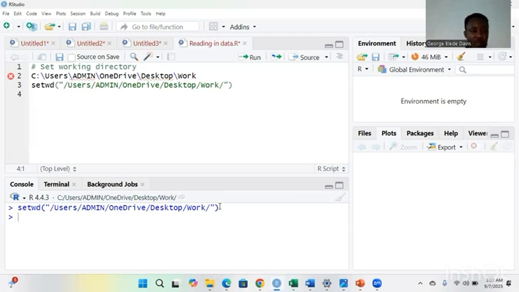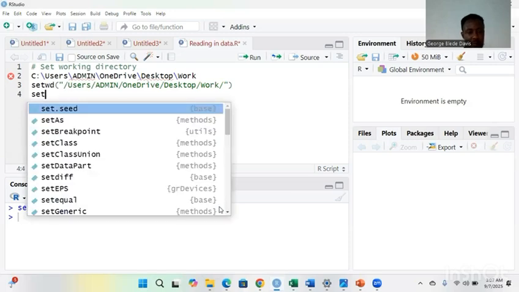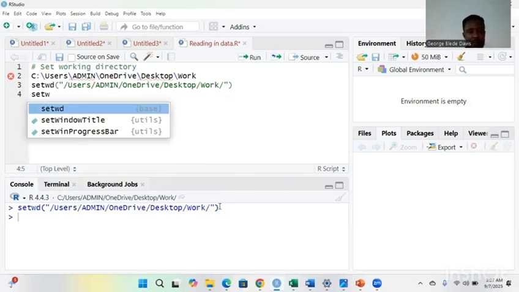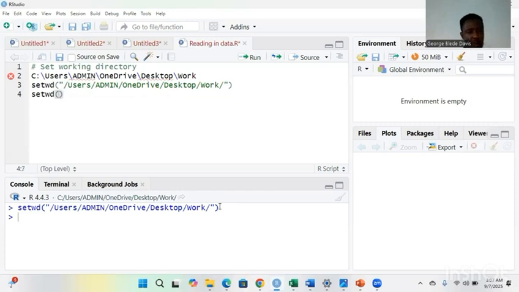Another way to do this is to use your setwd function. Just put your code, and you copy the entire pathway and paste it in here and run it.